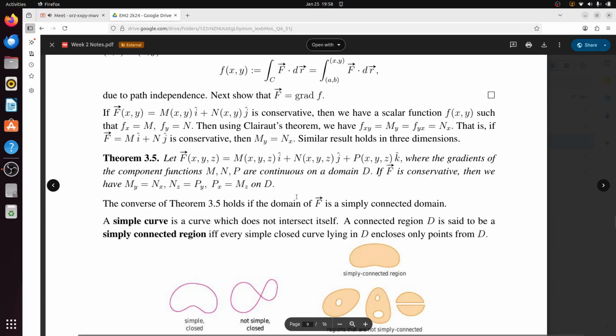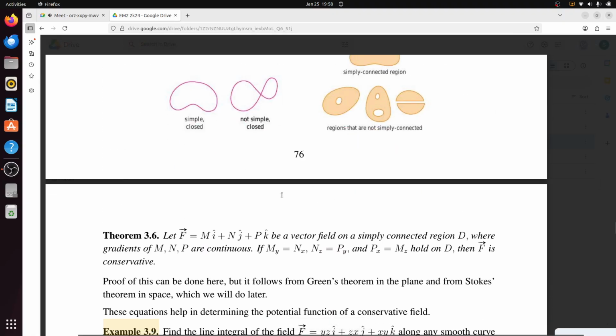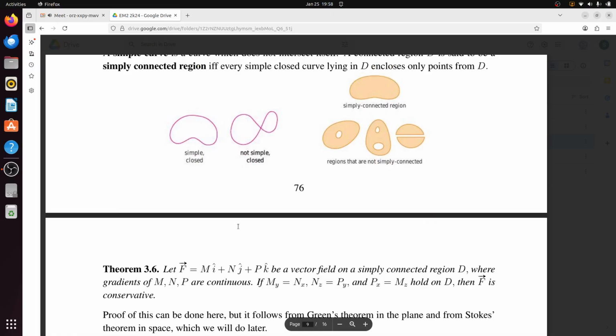ओके, एक सर्कुलर लूप चलता है। मैं डिटर्मिनेंट वाला लिख नहीं पा रहा हूँ, डिटर्मिनेंट करके भी आप देख सकते हो। आपने M N P लिख दिया, फिर del del x, del del y, del del z, again M N P लिख दिया, और उसके बाद आप उसका रो वाइज कर लो, और फिर कंपोनेंट वाइज आपको उस हिसाब से देखना पड़ेगा।